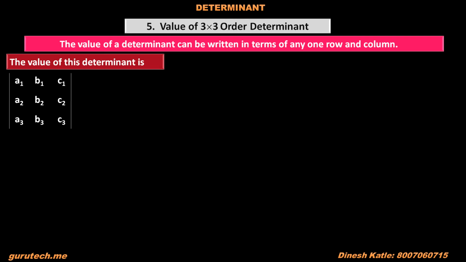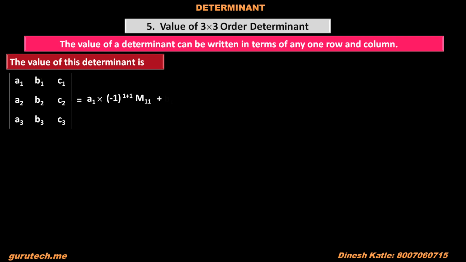Consider a third order determinant A1, B1, C1, A2, B2, C2, A3, B3, C3. Value of this determinant is equal to A1, first element of first row, into its cofactor, that is minus 1 raised to 1 plus 1, first row, first column, into its minor M11,